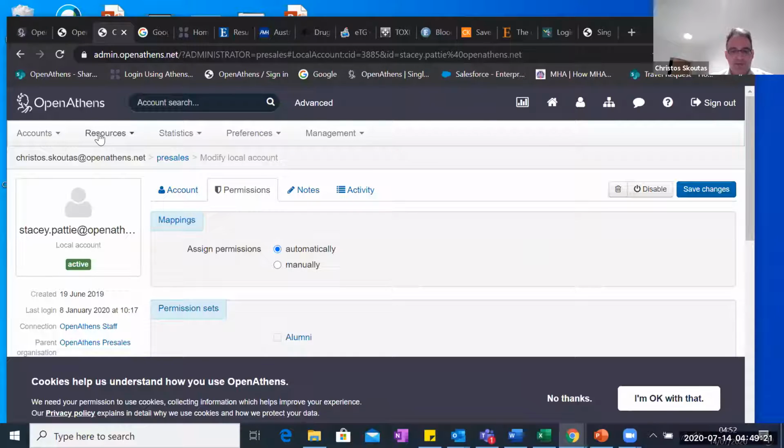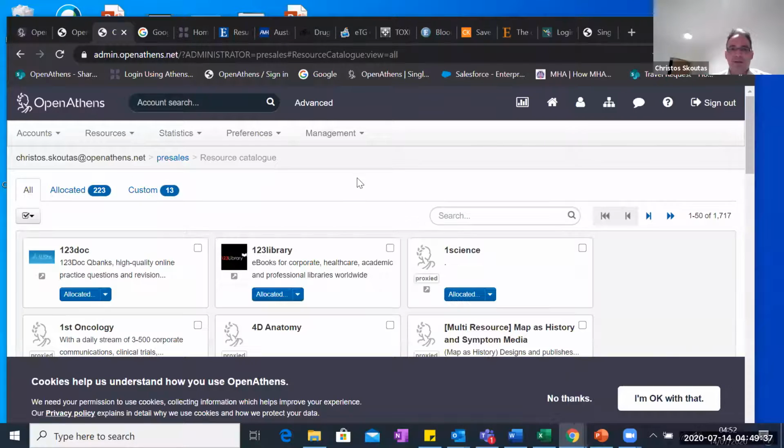So the resources that you have, your users now, either local accounts or OpenAthens accounts. The next step that you need to do is go to the resources and assign, or allocate, as we say, the resources that we have in our catalog. So we have a catalog under the resources tab, and this is where you would find the resources, and you would have to enable them for your OpenAthens accounts. So when you're moving to OpenAthens, we would ask for your resources list,